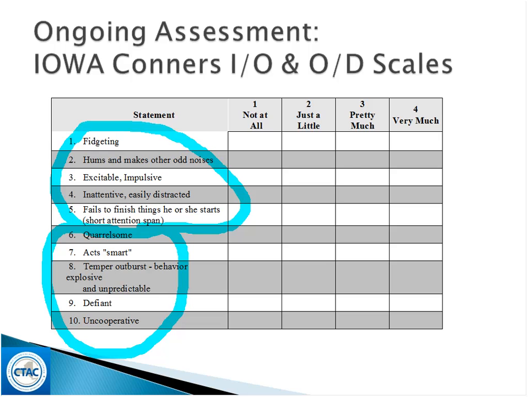Also, we've used the Iowa Connors here, again, as an example. Don't think that a measure should only focus on child disruptive behavior disorders, although this is the reason why many parents come to treatment. You may also focus on other outcomes like social skills, family cohesion, etc. If you're interested in learning more about any other measures that I have used or have been used in the research literature for families of kids with DBDs that you can potentially use in your own clinic or practice, just absolutely let me know and shoot me an email. I'll be happy to share information with you.